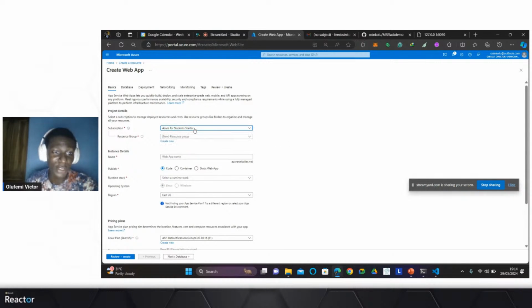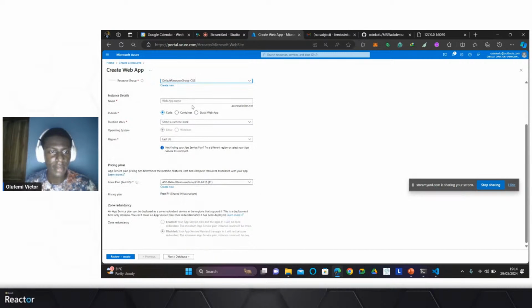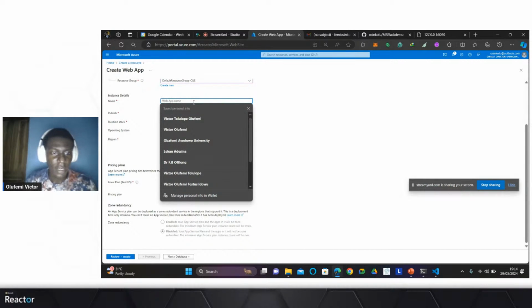Of course you can use your Azure for Students starter subscription, or if you already have a subscription, you can use that. But the student starter subscription is good enough for this demo. If you're a student, I would encourage you to subscribe for that. Microsoft will give you some cloud credits to work with as a student. You can also go to education.github.com to get access to your demo.